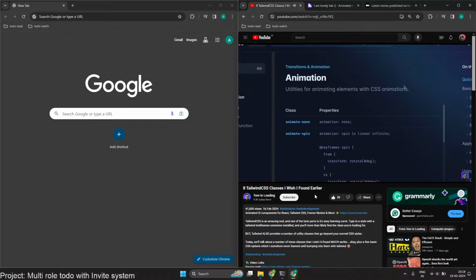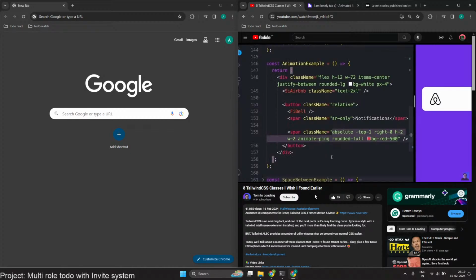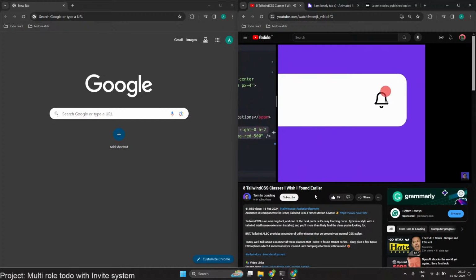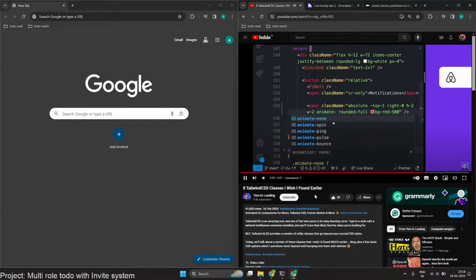Next up is animations. There's a number of these that come out of the box with Tailwind CSS. I'll let you play around with all of the specifics of these. The one that I find myself reaching for more than others is this animate-ping animation. Super useful for things like notification icons, something like that. But like I said, there's a handful of these, so just type in animate- with your autocomplete and you should see what the options are.